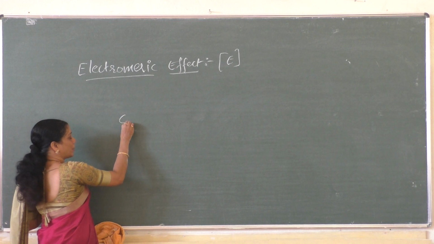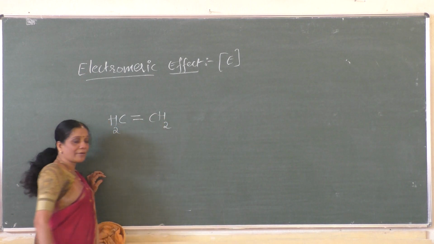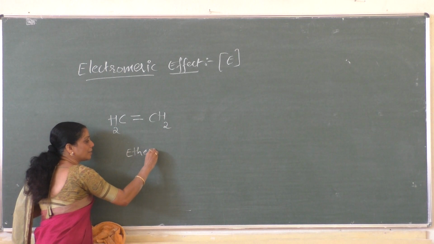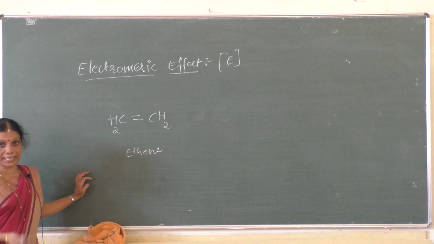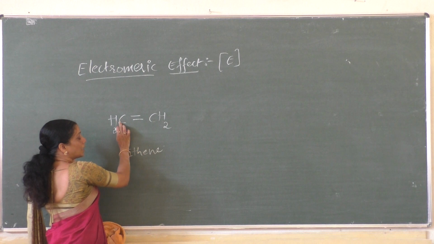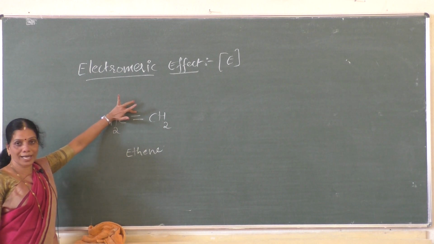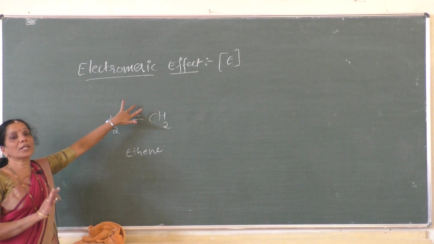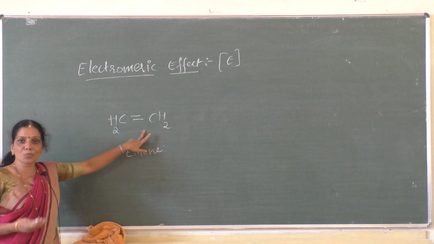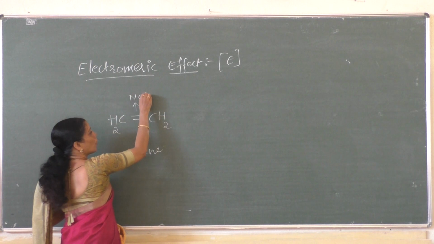Okay, now I will write one of the compounds. Observe this properly. See, I have written one of the hydrocarbons. Which hydrocarbon I have written here? Ethene. Ethene is also called what? Ethylene. Ethene or ethylene, both are same. Now we can see here the multiple bond is present between the two carbon atoms. Is it a polar bond? No, this bond is not polar. No difference in the electronegativity of these two atoms because both are identical. That means this bond is always what? A non-polar bond.